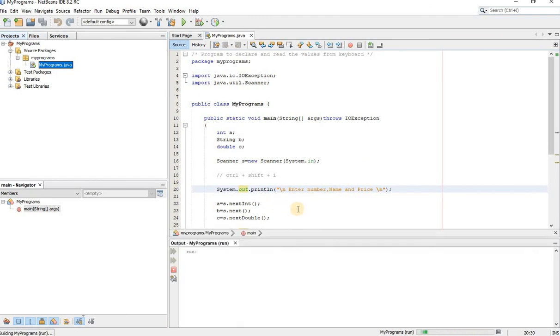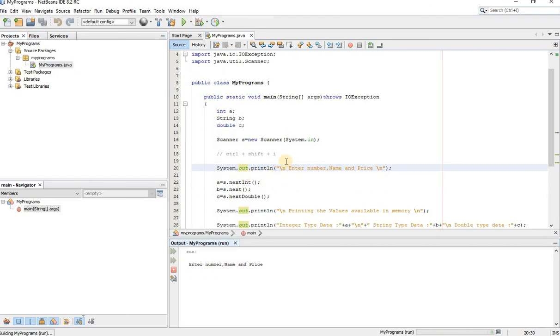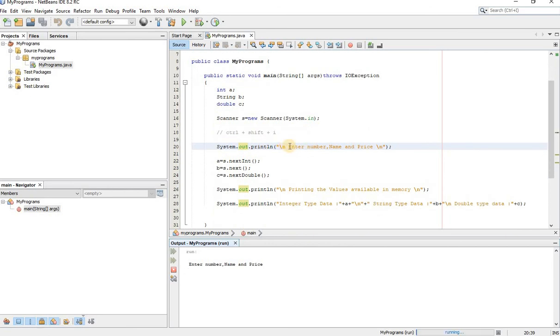Whenever I run this, you can see it is giving you a message. How is it giving a message? Because I have given the message here. Understand? Now it is asking to enter number, name and price. So according to that I will enter the input now. I want to give a number, so I gave the number.